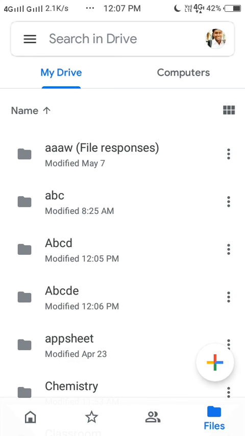Actually the link for this folder is copied, and then you can paste it in your WhatsApp or in your mail, and then you can send. It's too simple. Okay, thank you.